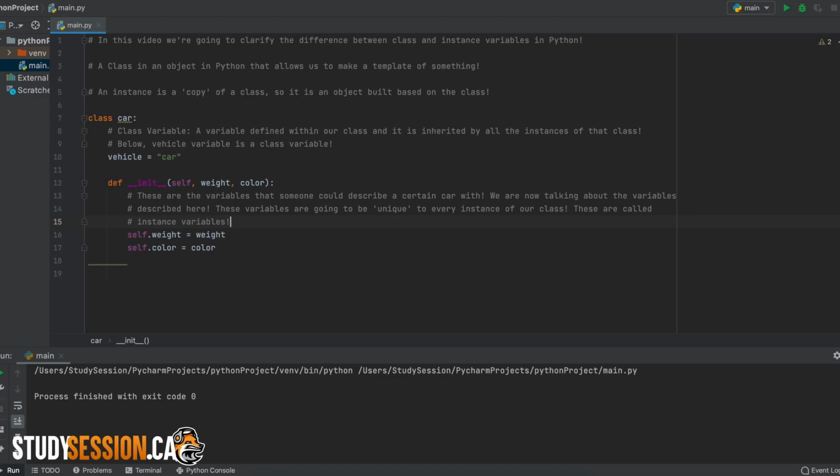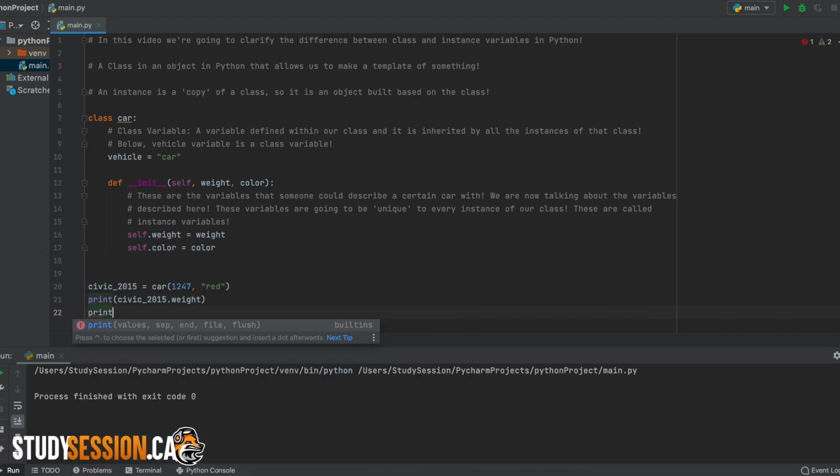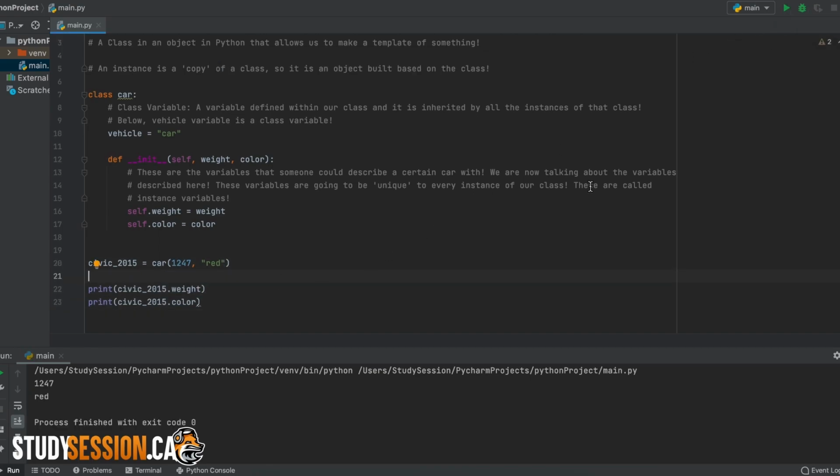To access our class and instance variables in, let's say, a print statement, it can be done like so. Let's print a class and instance variable from our previously created Civic 2015 instance. To do this, we just call the instance and then tell Python which variable we wish to call. And for this portion, the class and instance variables act identical. As you can see here, just from this print portion, it isn't readily apparent which is a class and which is an instance variable. We could inherently use logic to figure out which is a class variable and which is an instance variable, but my point is that you can call them in the exact same way.